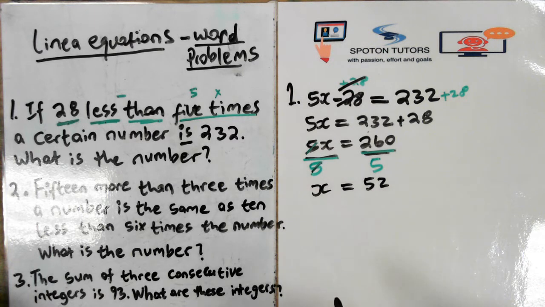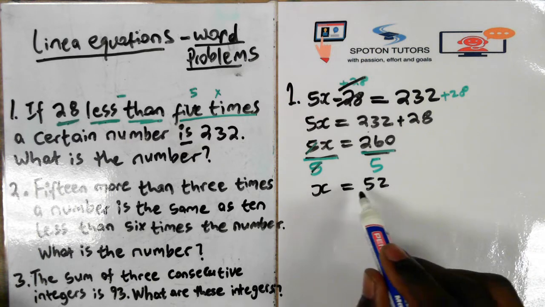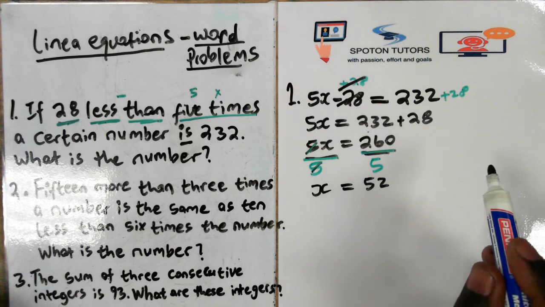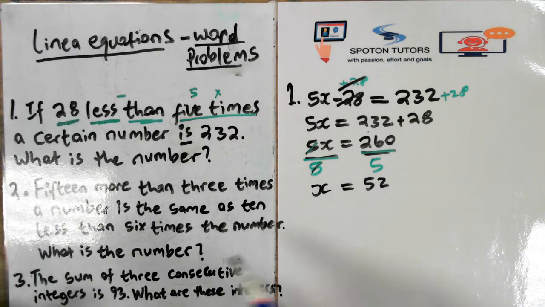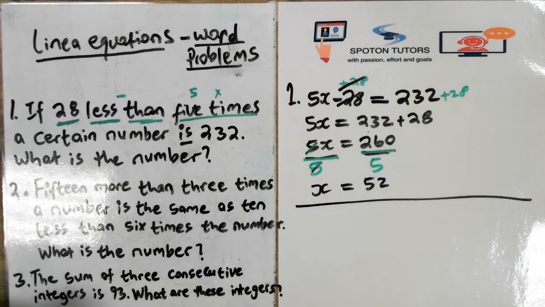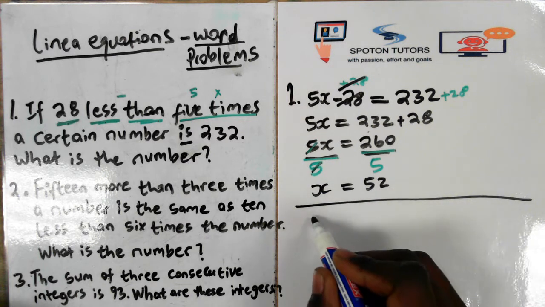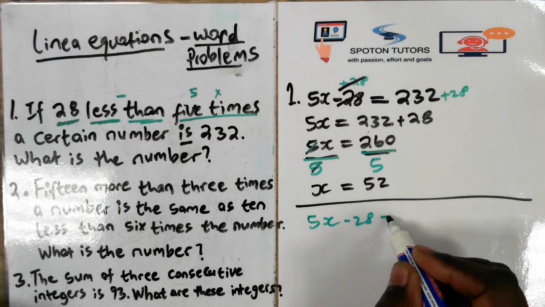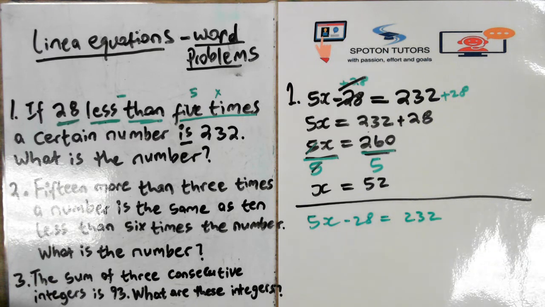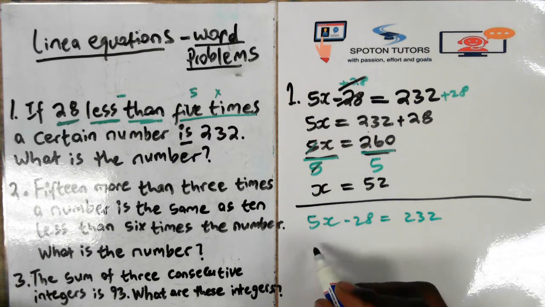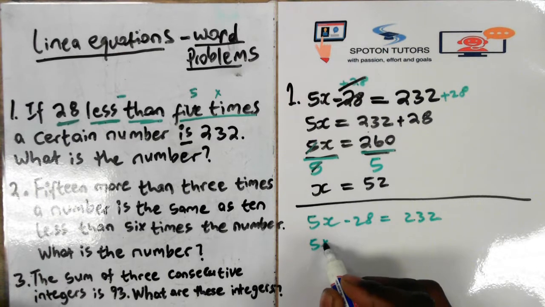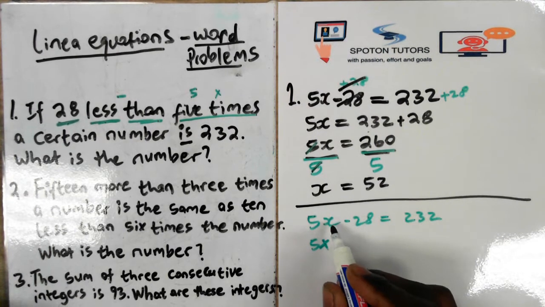So that certain number is 52. The question was, what is that certain number? That certain number is 52. Look, the following thing is not necessarily required, but sometimes they can say prove or substantiate your claim. So you will go back to the original equation, 5x minus 28 equals 232, right? So substitute x. 5 times x, where times is a multiplication sign. What is the value of x? 52